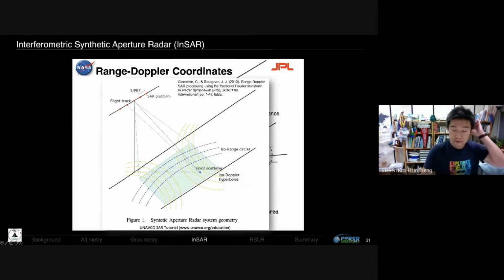So the synthesis of the antenna is utilized when the satellite is flying along track. For a point scatterer, it actually has been illuminated by the signal several times. So you can see the imaging principle is like along this red dot over the orbit. For those 5 dots, they monitor the point scatterer, colored in blue dot on the ground, at least 5